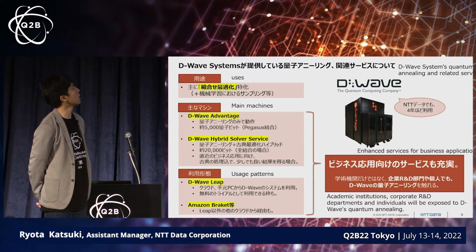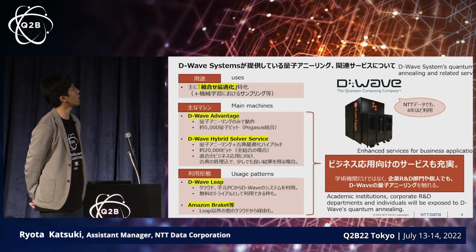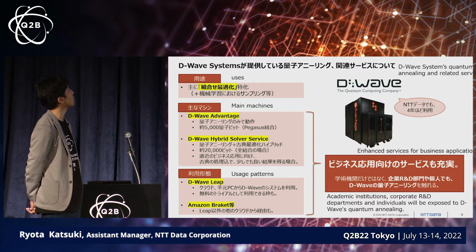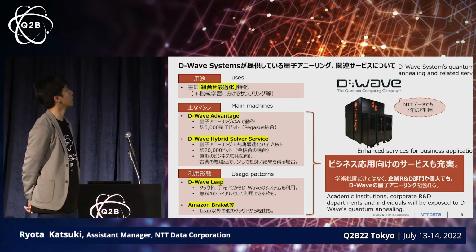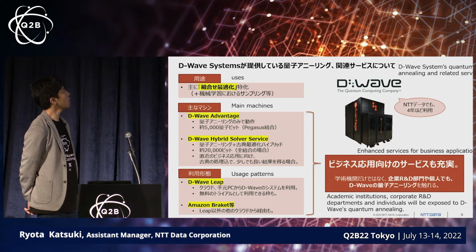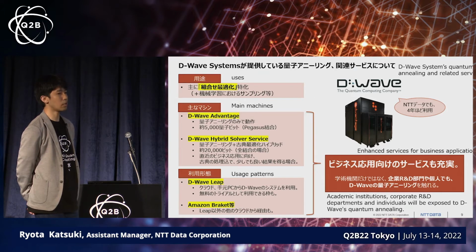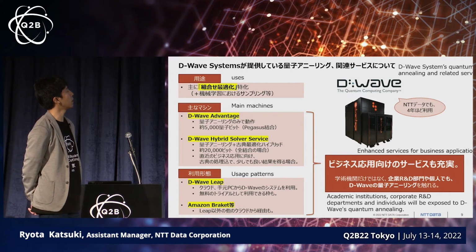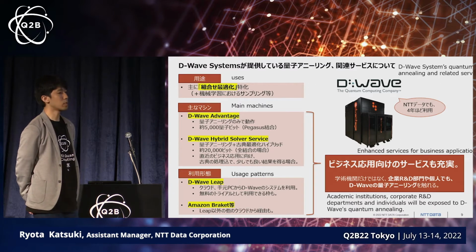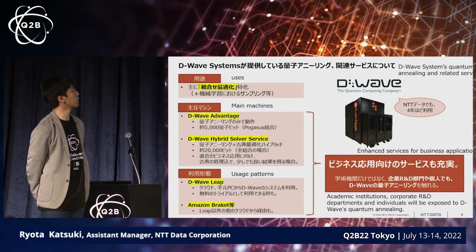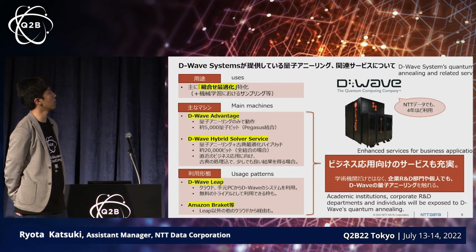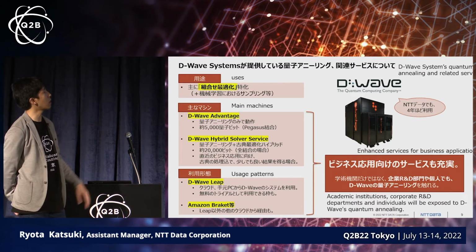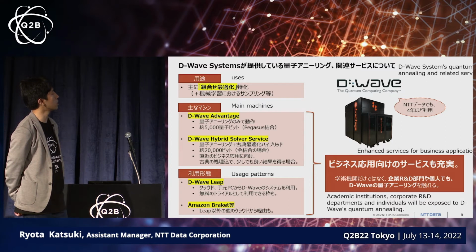Now, here is a look back at a recap of D-Wave services. The application would be combinatorial optimization, and the machine delivered is D-Wave Advantage for quantum annealing. But if you want services and other features, they also offer D-Wave Hybrid Solver services. So different services are offered on top of the platform.